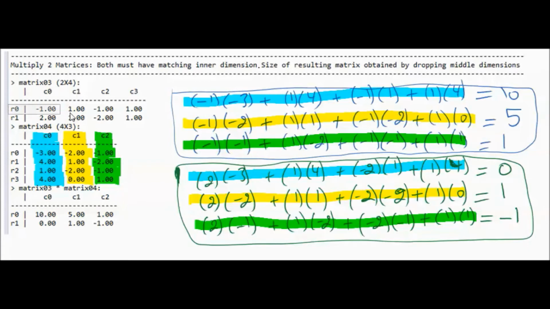And row 0 times column 1, so -1 times -2, and we add to that 1 times 1, and we add to that -1 times -2, and we add to that 1 times 0, and this would give us 5.